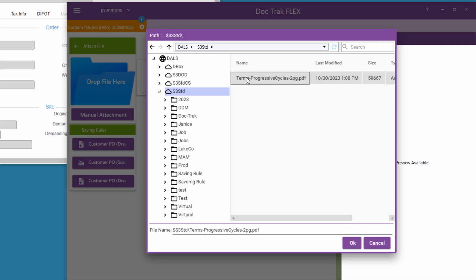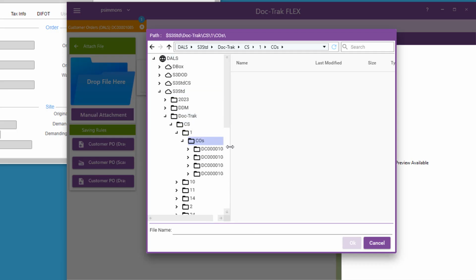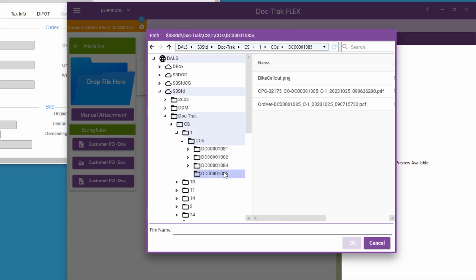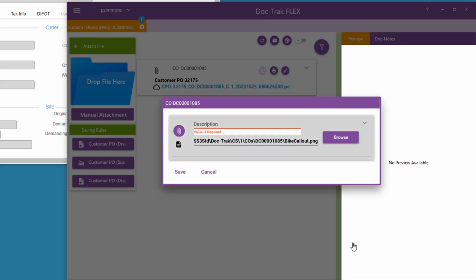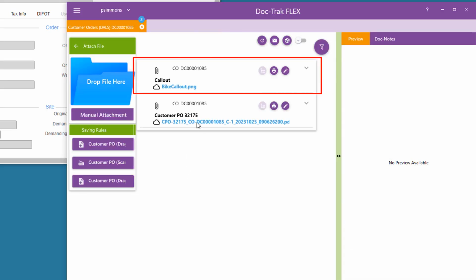Well, all I have to do is navigate to that folder just as I would in the Windows File Explorer. Then I highlight it, select OK, give it a description, and save it. Now it's attached.